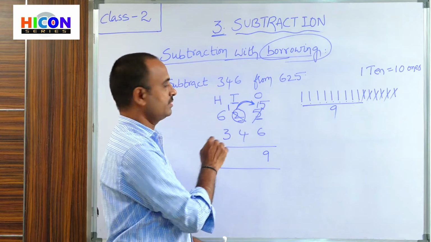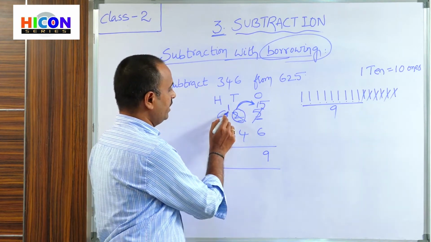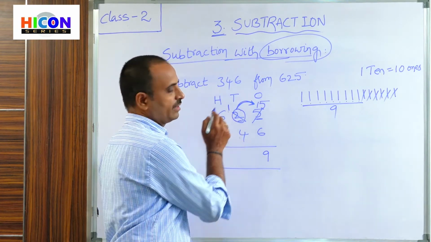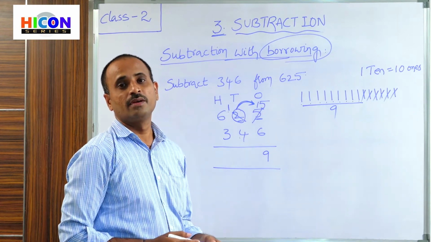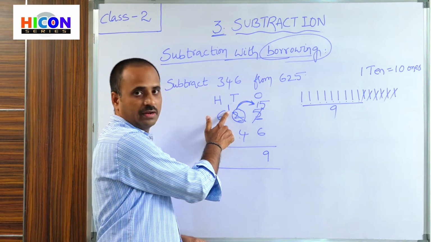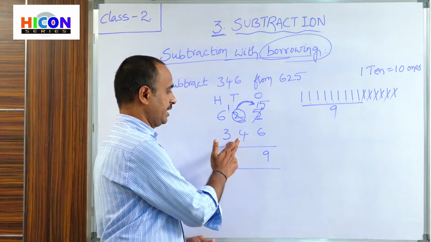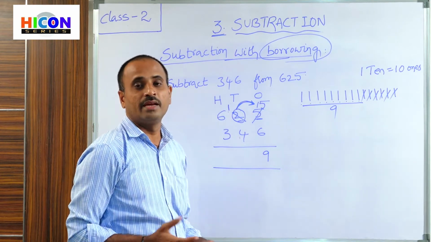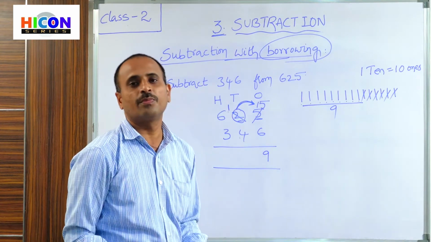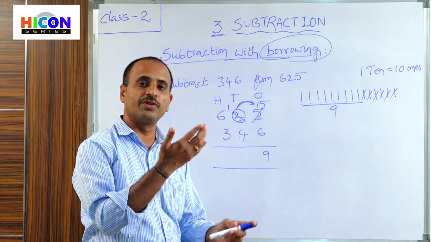Now go to tens place. So here in tens place, what are the digits present? So 1 and 4 are present in the tens place. So subtract 4 from 1. So children, is it possible? Can we subtract 4 from 1? No, because 1 is the smaller number, 4 is the greater number. So we cannot subtract a greater number from the smaller number. Then what do we have to do? So again the same process. If the subtraction is not possible, we can borrow from the digit present in the previous place.